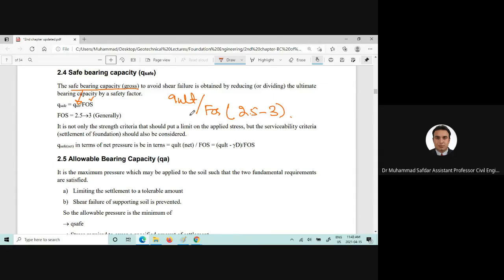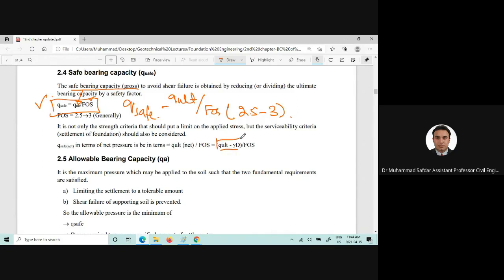So we will find out the safe bearing capacity. Please kindly note down this equation as well, which will be helpful in exams. Now there is another term, this is the Q safe. Now if you subtract, for example, Q,